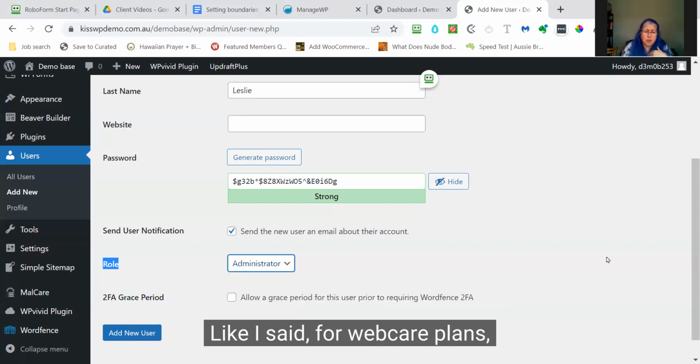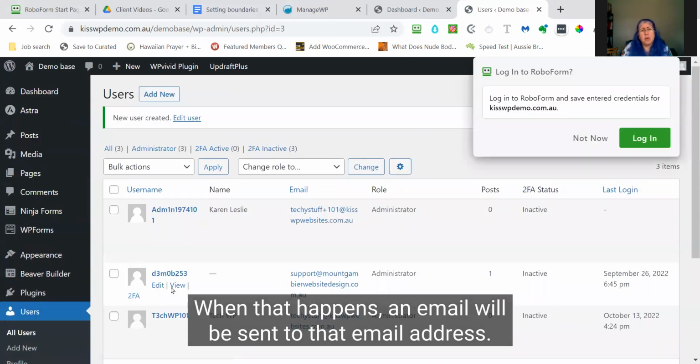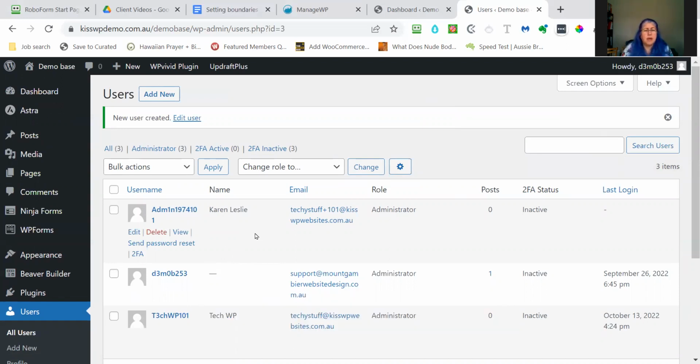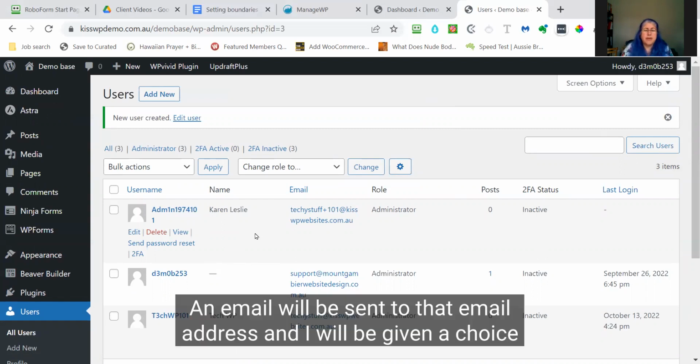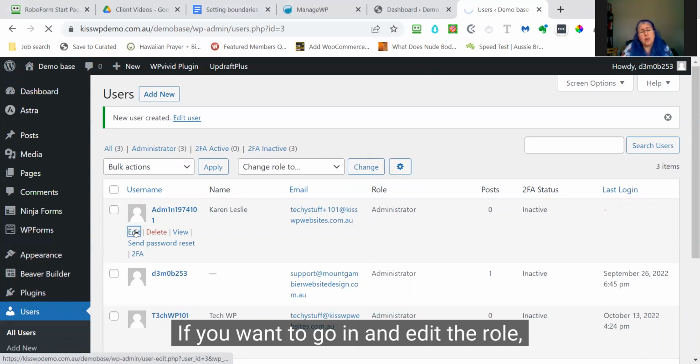So like I said, for web care plans, I do need administrator access, and you can click on add new user. So when that happens, an email will be sent to that email address. And as you can just see, I use RoboForm as a password manager. An email will be sent to that email address, and I will be given a choice whether to change the password at that time. If you want to go in and edit